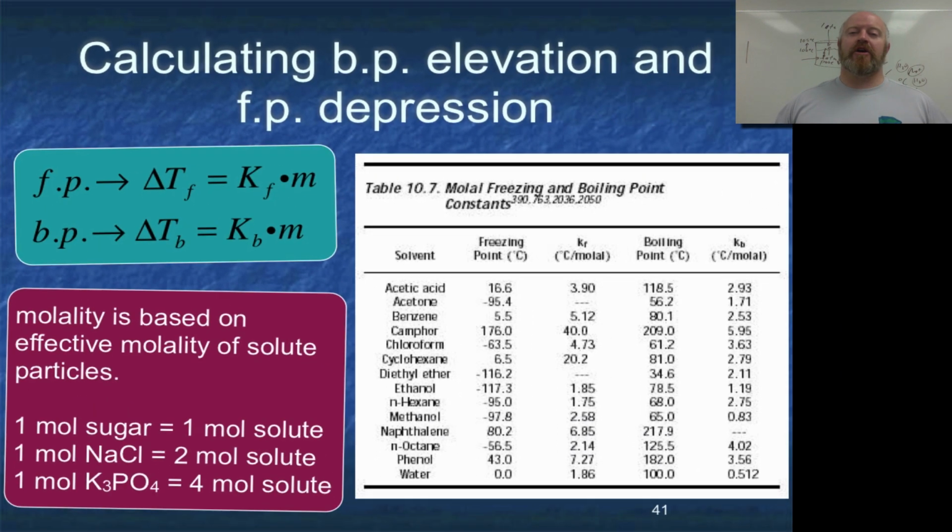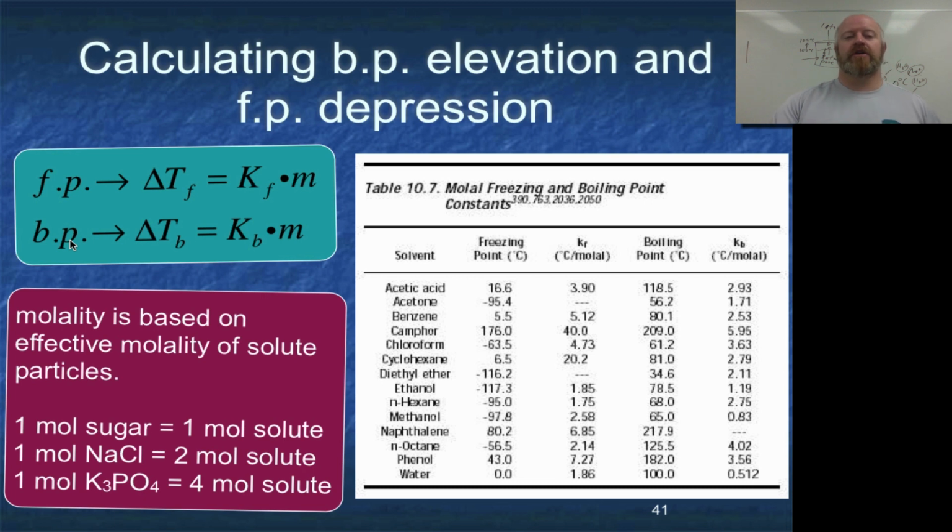Now, we can calculate colligative properties. To do that, we need to have a constant, or some sort of multiplier. FP stands for freezing point and boiling point. All we can calculate is the change in temperature. So what you do is you calculate the change in temperature and then add it to the original or subtract